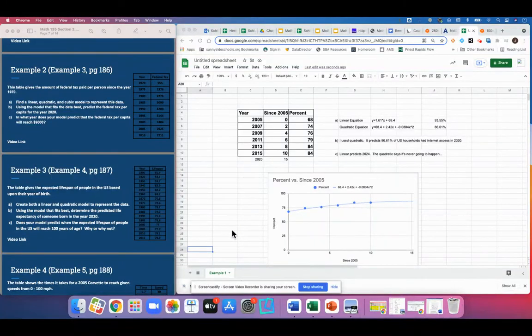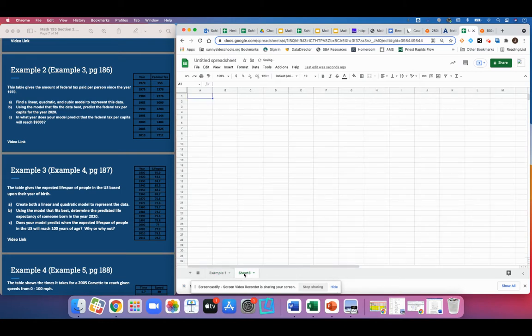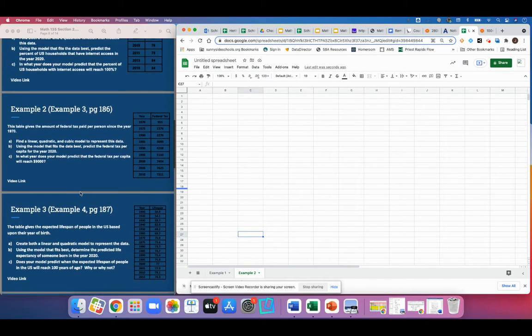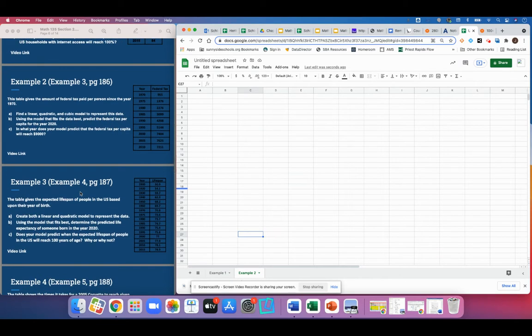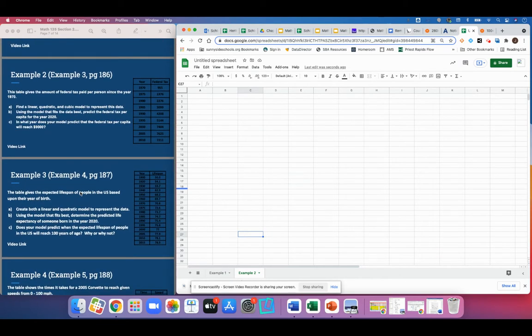So everyone, as I go through these examples and I do the homework, I'm just going to be hitting this plus sign down here to create new tabs across the bottom. And then I'll just name these tabs with the name of the example or the homework problem that we are doing. So example 2, everyone, brings us, the table gives the amount of federal tax paid per person since the